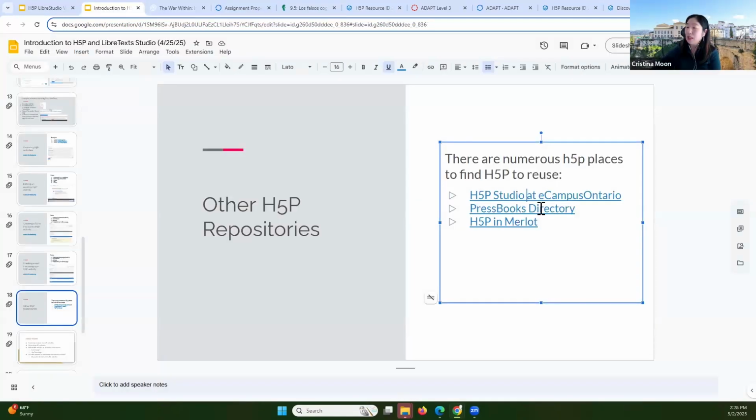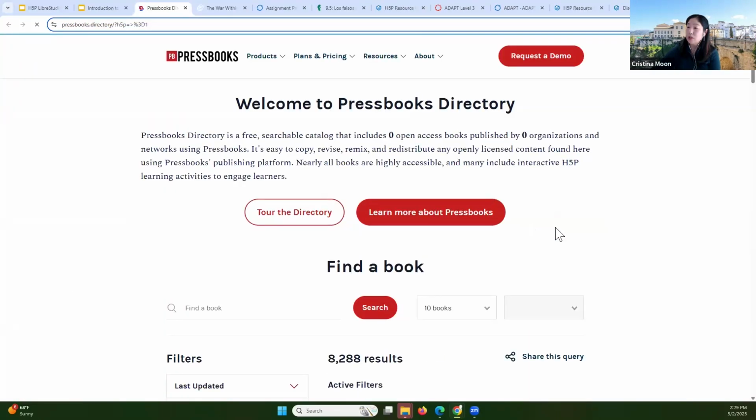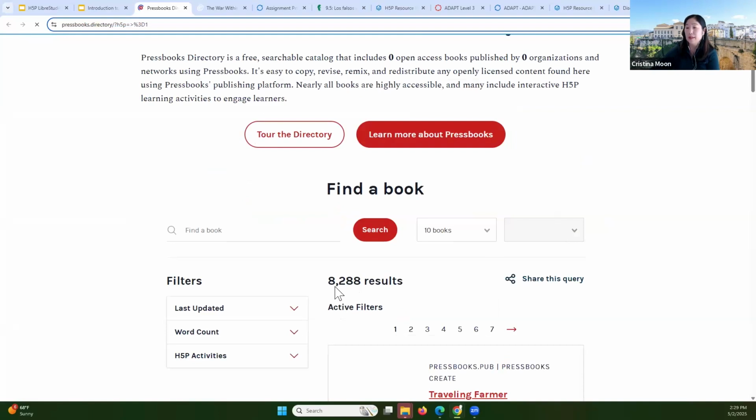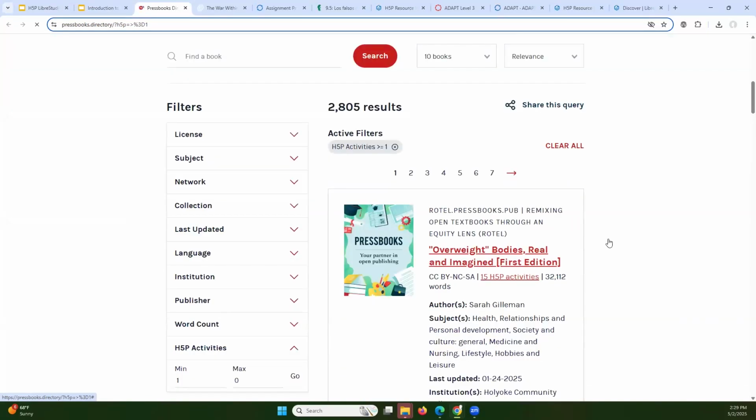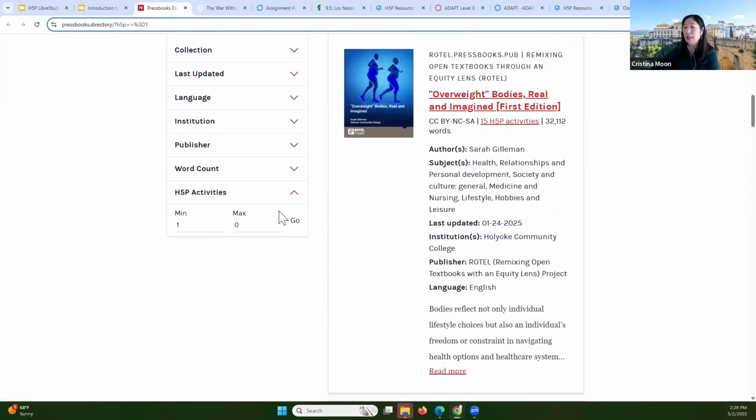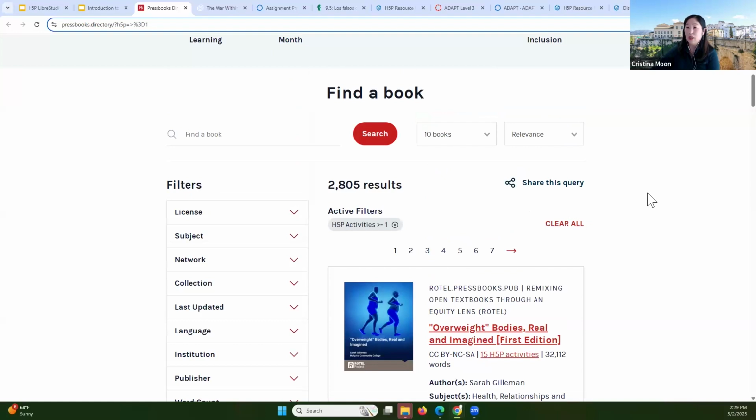I'm curious to see how, because Pressbooks also has a collection. Yeah, see, their collection only has 8,288. So it's not a large collection of activities. There isn't anything out there that could match ADAPT and the capabilities of ADAPT. But